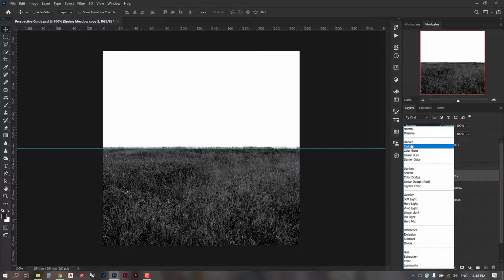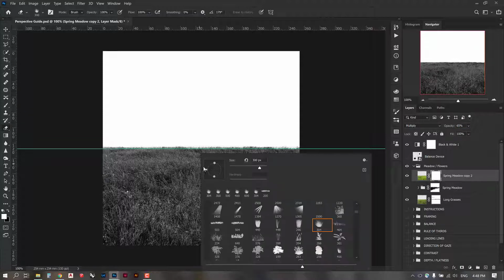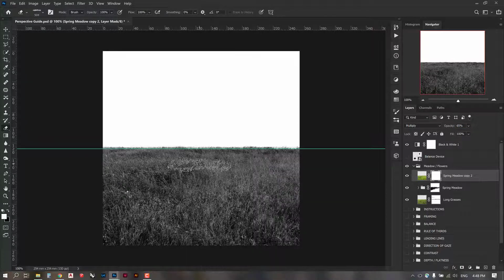And then you could do a multiply and maybe 65 and put on another layer mask, and then use your brushes again to sort of pick out the highlights of the grassy areas that you want to really shine through,